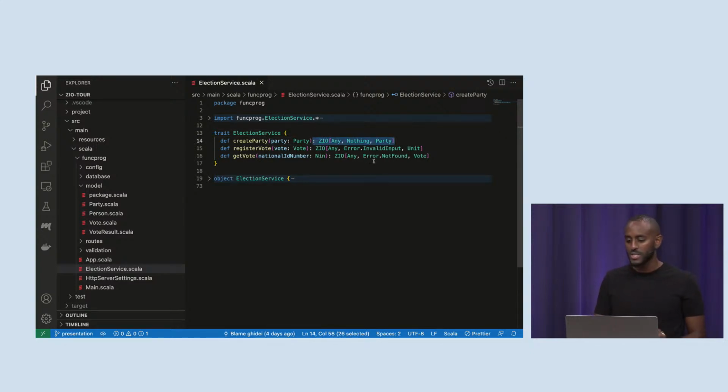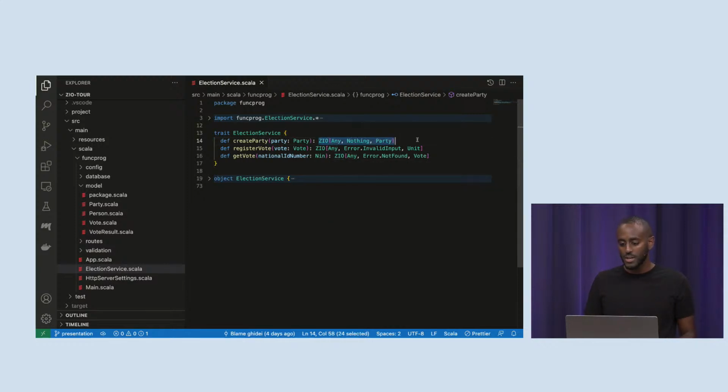So the return type is a ZIO. Remember that the first type parameter was for the environment, the middle type parameter is for the error type, and the last type parameter is for the success value. So the way we read this is we have a ZIO that can run in any environment. What we're doing here is cleverly using the Scala type system to signify a workflow that can run in any environment.